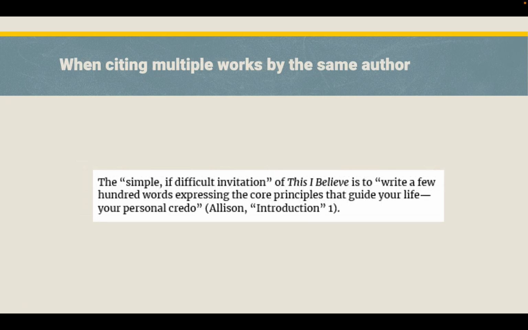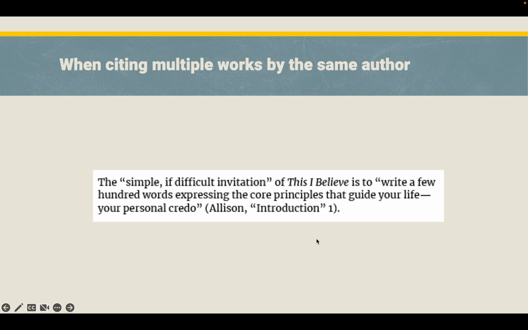Second variation. If it so happens that you are citing multiple works by the same author in your essay, this comes up sometimes, say, in a literature class where you have 3 different George Eliot novels, perhaps, that you are writing about for your final paper. And so your reader could easily get confused about which text you're referring to if it's just always Eliot page number, etc. So what you do in this case is you provide a short form of the title,